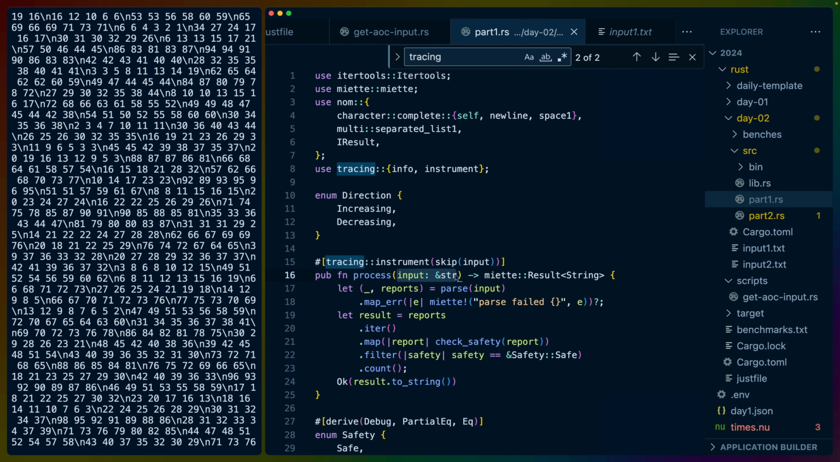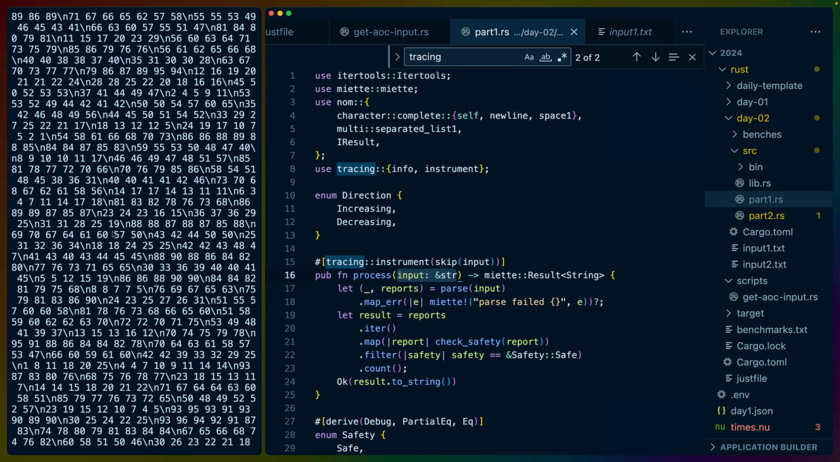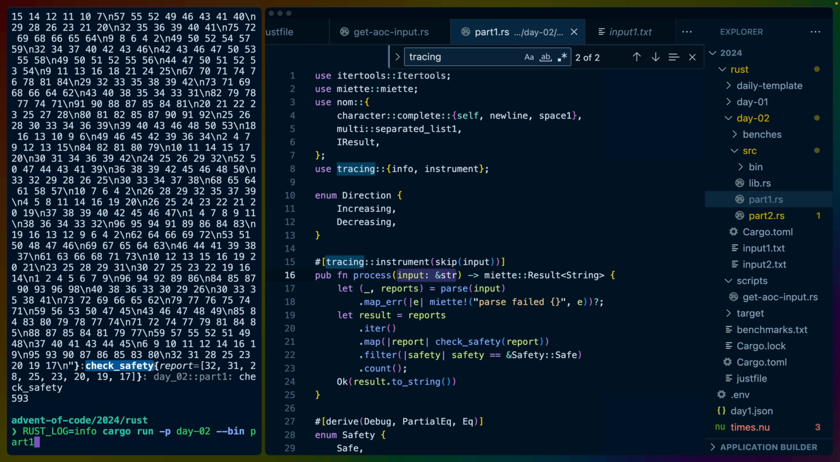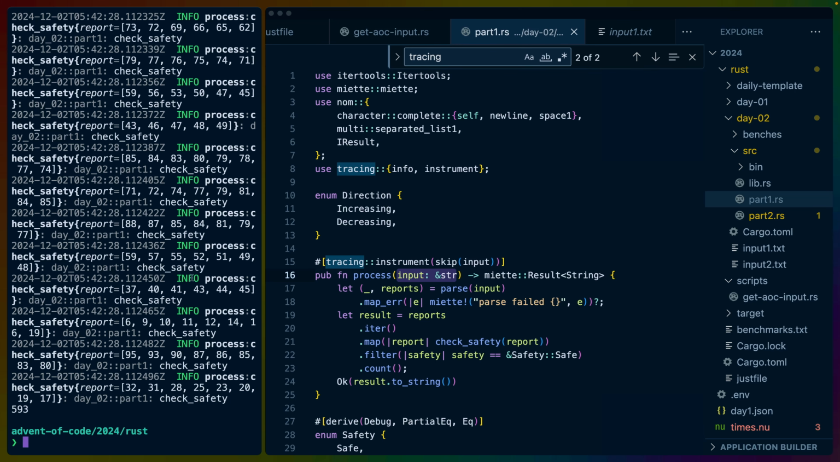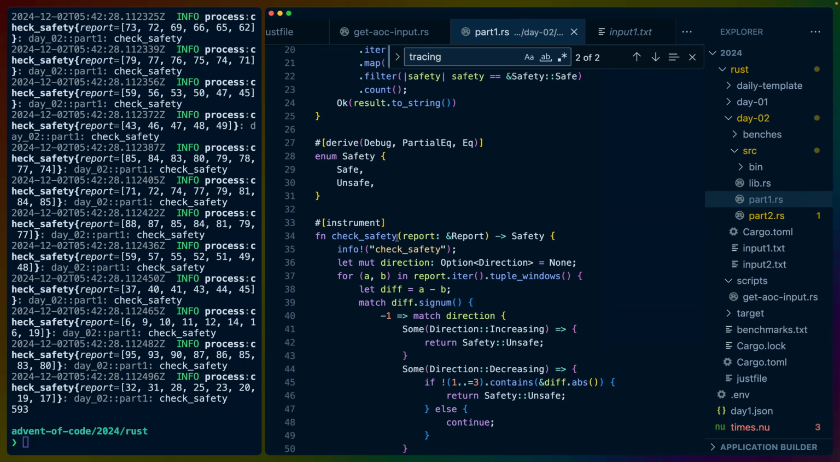So this input is getting added as context to everything, which you can kind of see here. Like our check safety log has the report and whatnot, but it's also including all of that input. So just get rid of that. And now we start to see info logs from our check safety function with the report. And if we go back down to our check safety function, since we're already logging the input, which is our